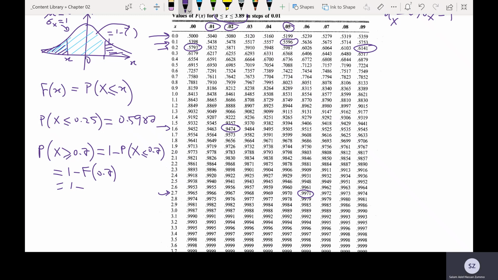0.7580, which will be equal to 0.2 or 2, right? Okay. واضح؟ أي سؤال؟